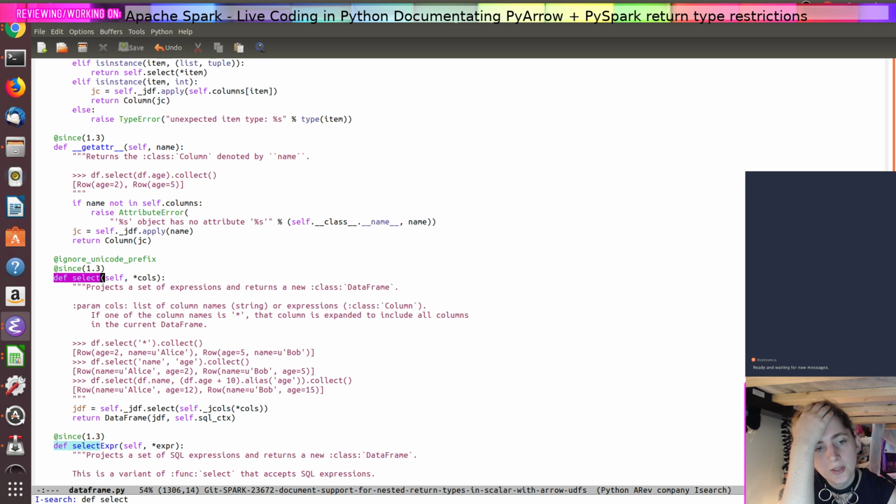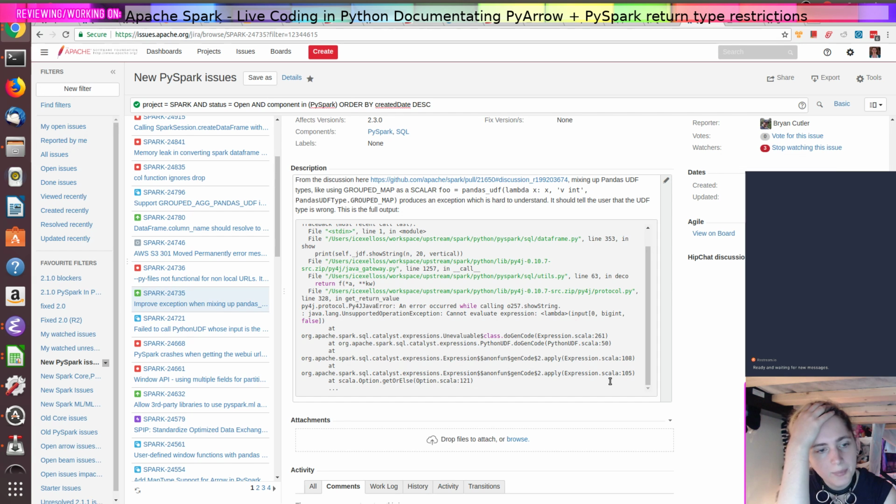Which is legit. We could check the column types here, right? Because the grouped map is going to give us back a different kind of operator, and we could check here. That might actually be